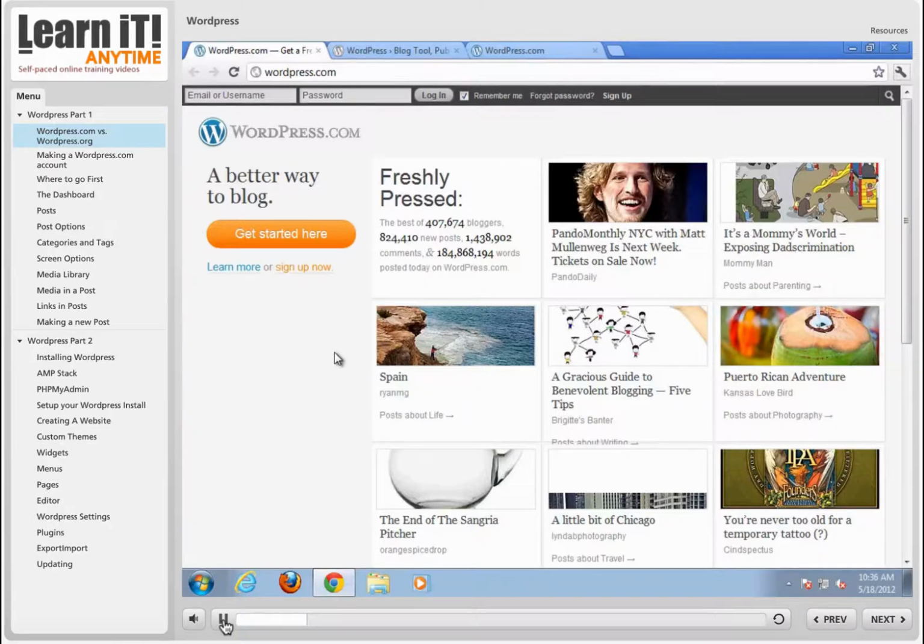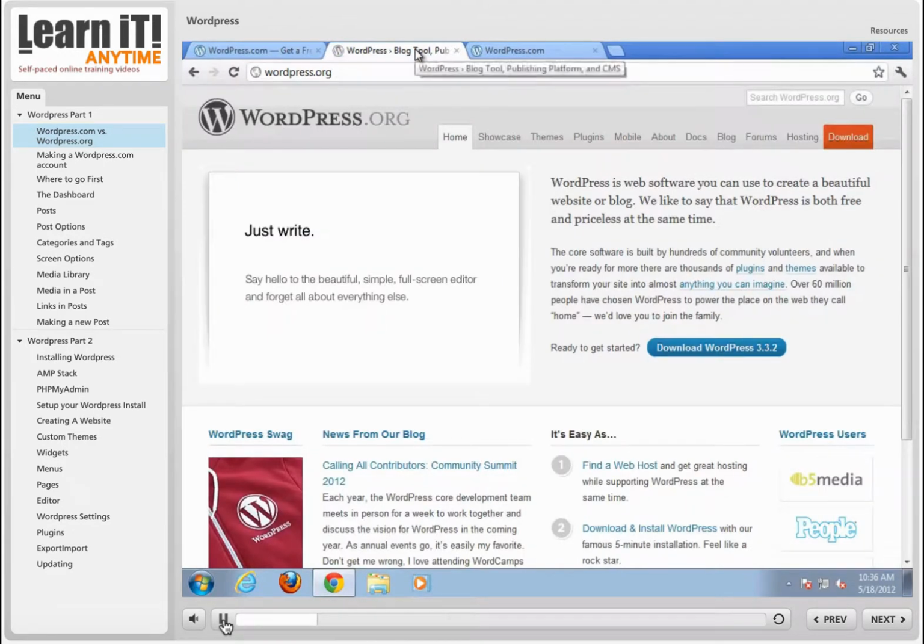Now, the first thing you have to know about WordPress is that there are two different versions of WordPress: both WordPress.com and also WordPress.org. WordPress.org is how the software started out. WordPress.org is something that you download and install on a server that you already own. If you already have a website, such as yourwebsite.com, you want to go to WordPress.org and download WordPress and install